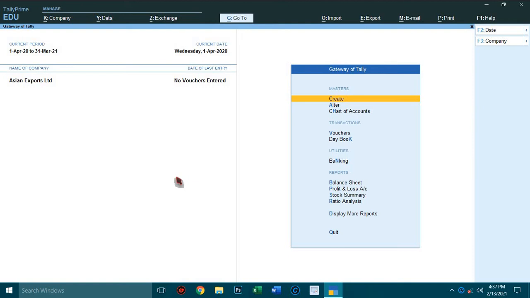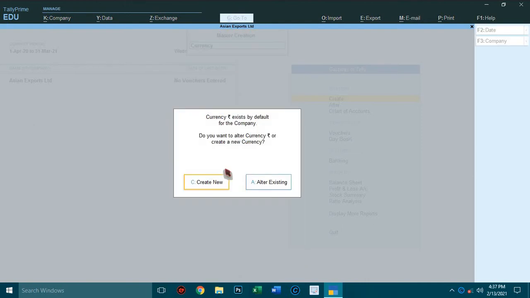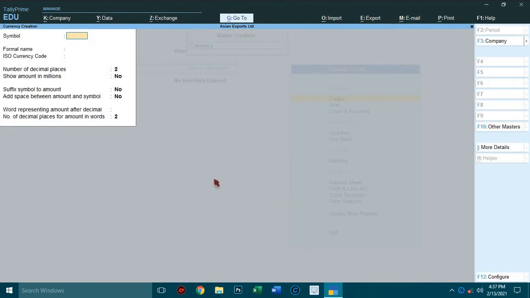Friends, now first create currency ledger. Select create, press enter, select currency in accounting master. So click on create new. So today we are going to create pound, UK pound.